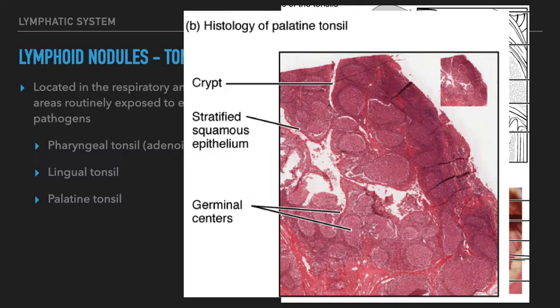The crypts are there because, one, they greatly increase the surface area that allows contact between the environment and the tissue without increasing the overall size. Macrophages and other white blood cells are going to concentrate by these crypts, and they are also